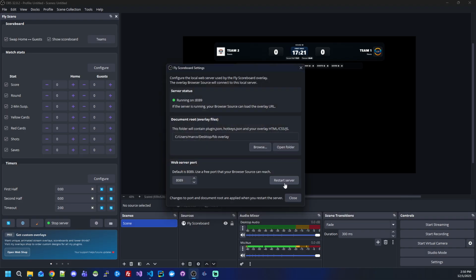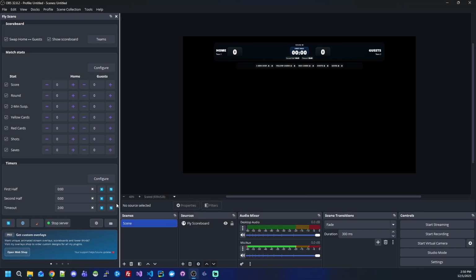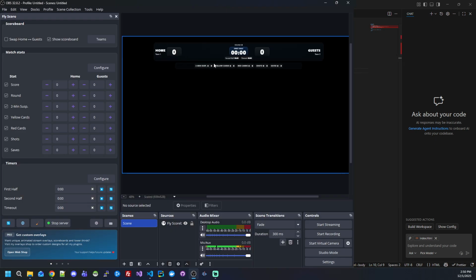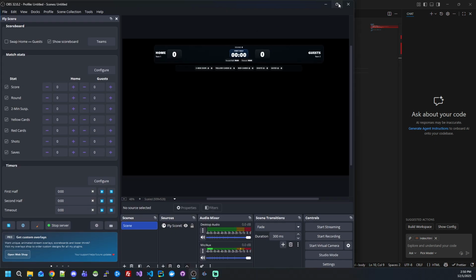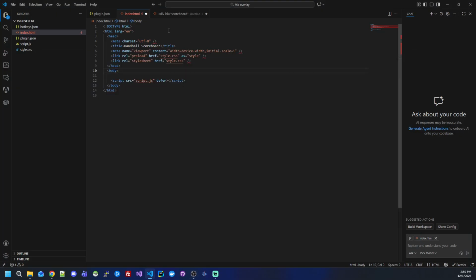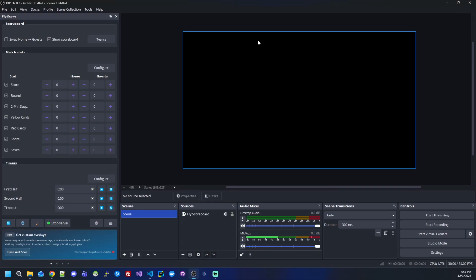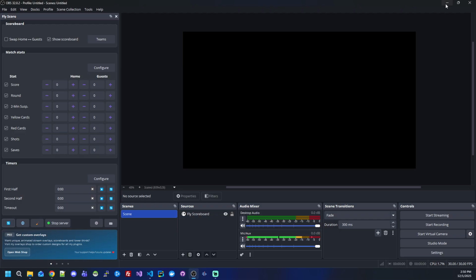Okay, if I open it, restart the server, and refresh the... Actually, let's restart OBS Studio. Okay, now if I save this and go refresh the browser source, I won't see anything,